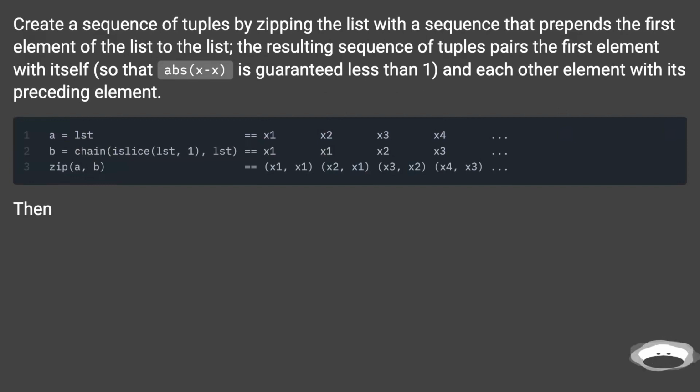Create a sequence of tuples by zipping the list with a sequence that prepends the first element of the list to the list. The resulting sequence of tuples pairs the first element with itself, so that abs(x - x) is guaranteed less than 1, and each other element with its preceding element. Then,